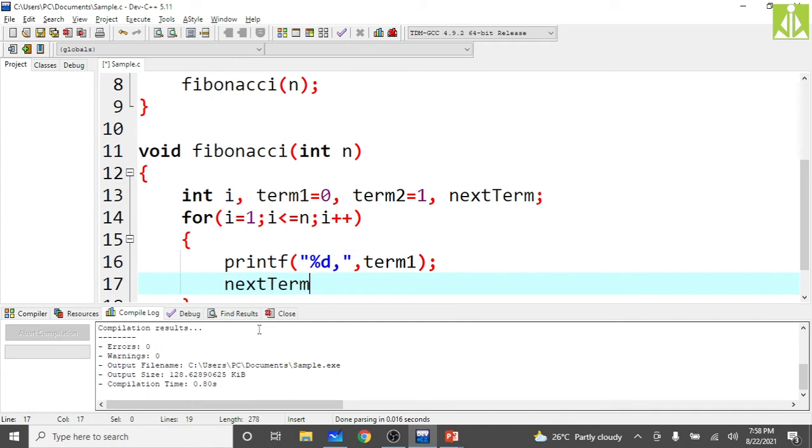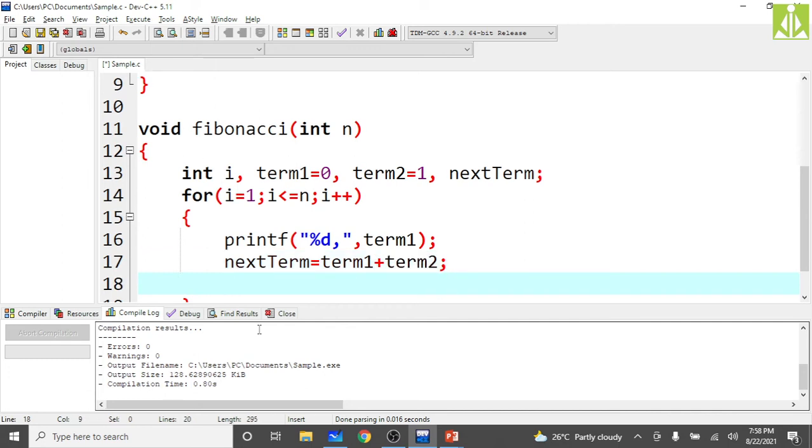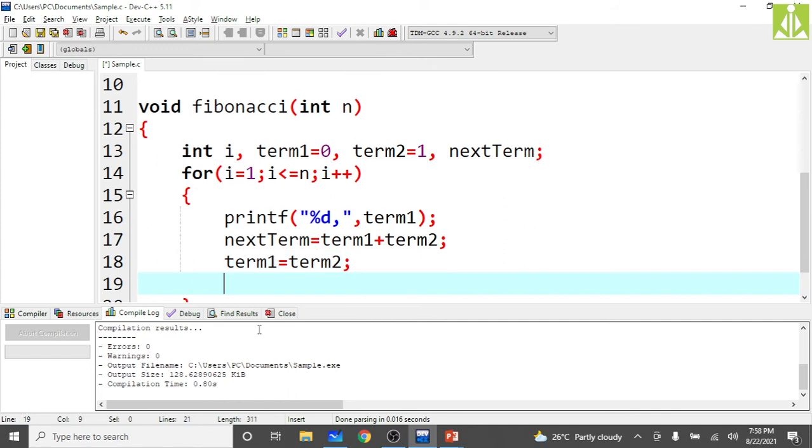Next term equals term 1 plus term 2, and every time we repeat this. Next, make term 1 as term 2 and term 2 as next term.